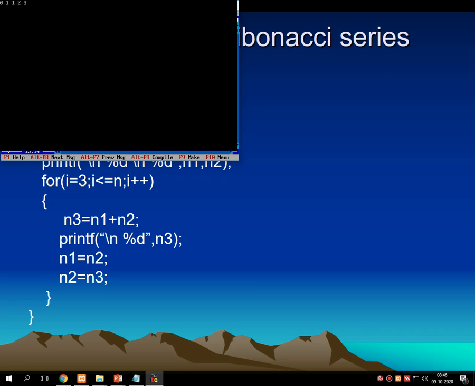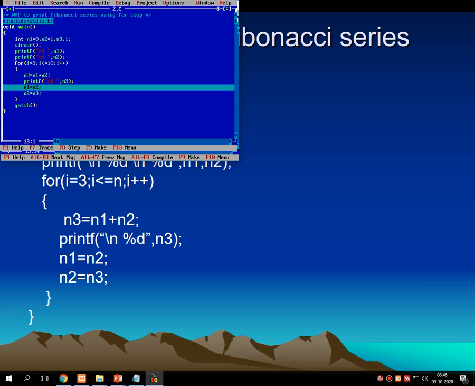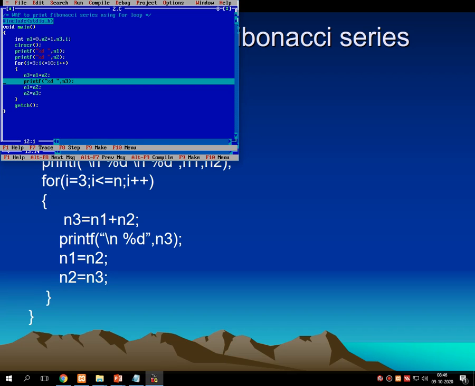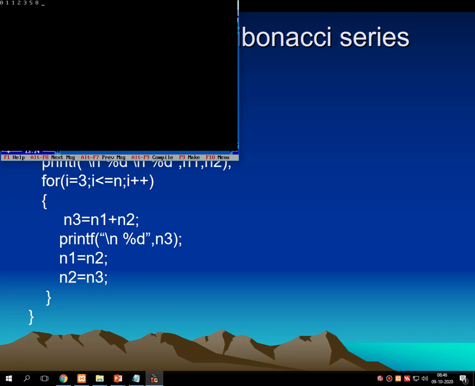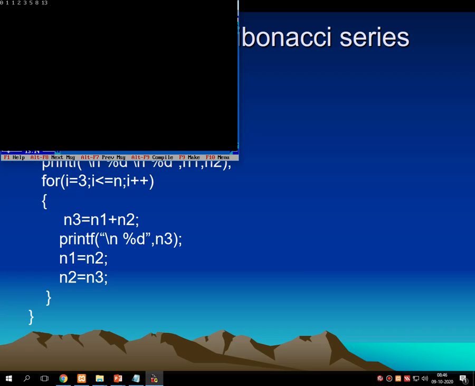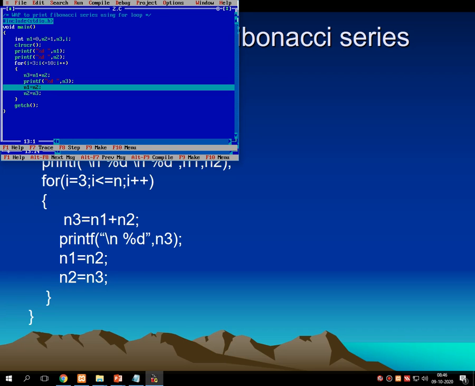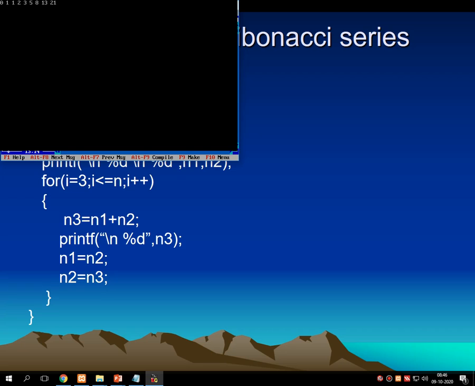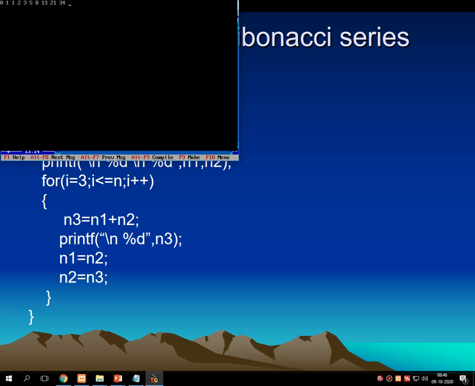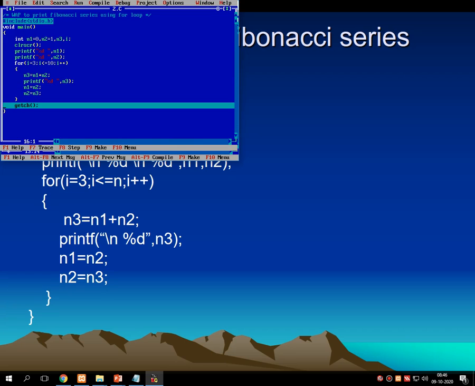Etle 3 plus 2 ketla thashe? 5. Pachhi 5 plus 3 ketla thashe? To ke 8. 8 plus 5 ketla thashe? To ke 13. 13 plus 8 ketla thashe? 21. 21 plus 13 ketla thashe? 34. 34